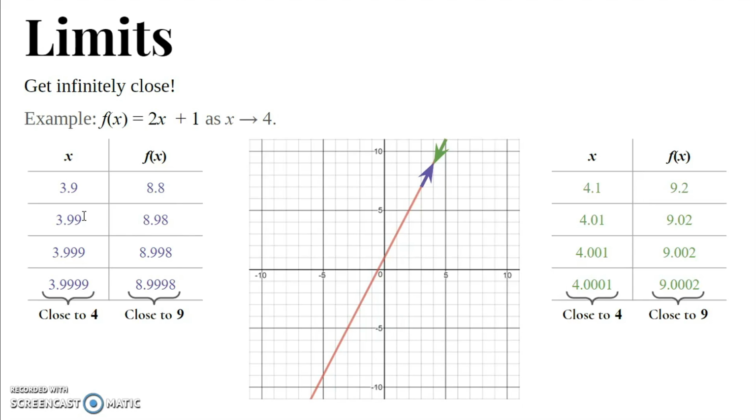close to 9. But by adding a 9 to the right, we can get 3.99, which is closer to 4, and results in 8.98, which is even closer to 9. And by adding 9s to the right, we can get closer and closer to 4 and result in closer and closer to 9. And this can go on infinitely. The same thing goes on with this side. 4.1 is close to 4 and 9.2 is close to 9, but 4.001